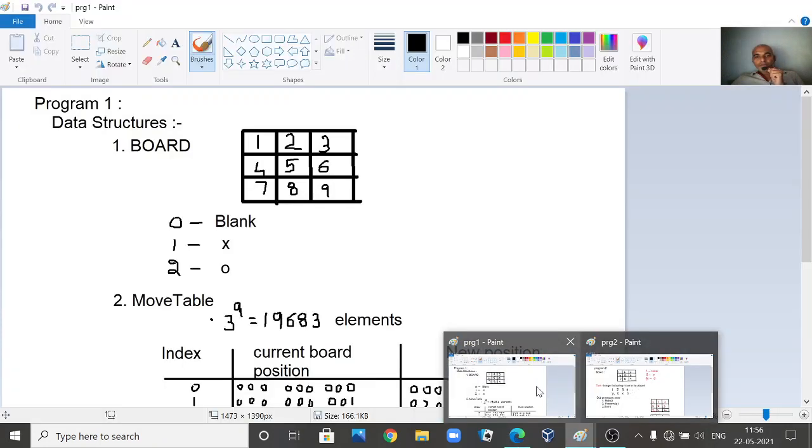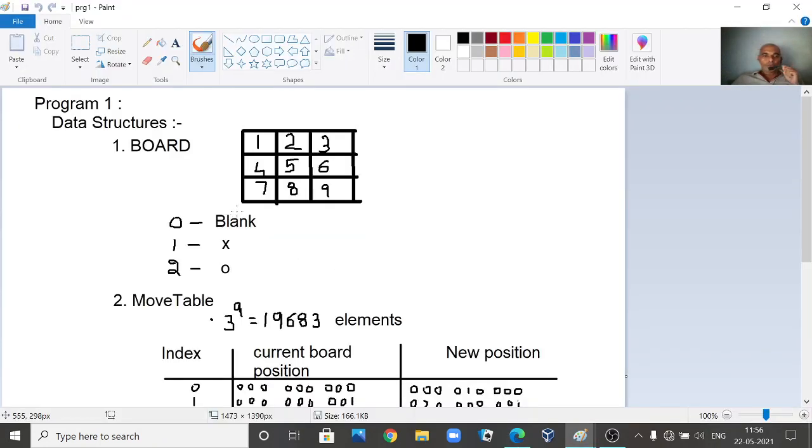Now we'll try to see in more detail how this particular algorithm is built. So what are the data structures we are going to use in the program? We are using 2 data structures. One is our board and the second one is the move table.